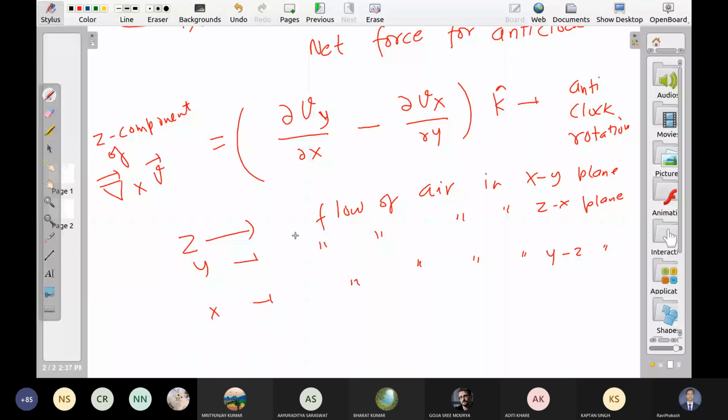So in principle, air can have all three components. हवा के तीनों component हो सकते हैं. And the actual rotation is extremely complicated. यदि आप तीनों component को एक साथ study करेंगे air के, the rotation in 3 dimensions is super complicated. उसको आप visualize भी शायद ना कर पाए आसानी से. So del cross V, all three terms give you the final answer. Okay. This is the effect of flow only in one plane, that is the xy plane. Any doubt here?